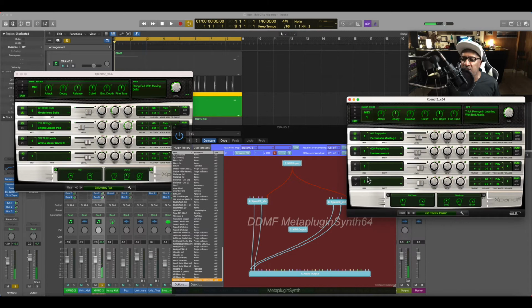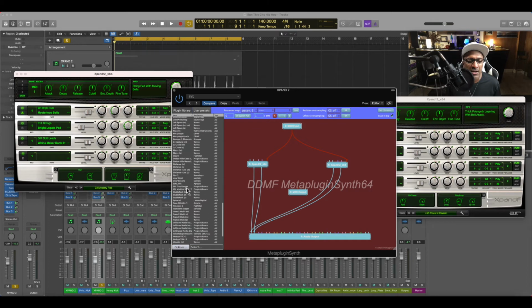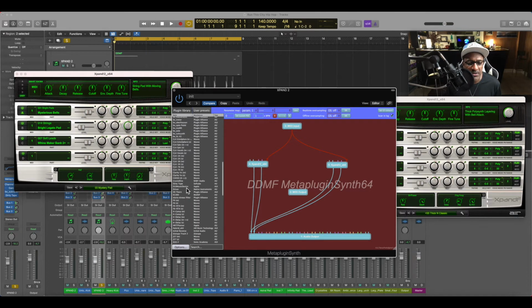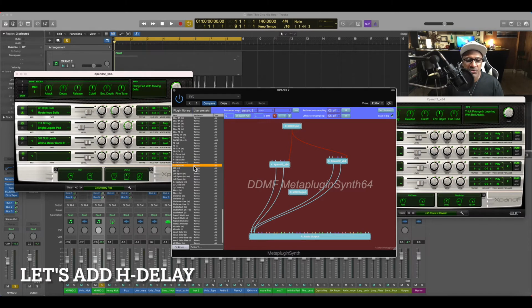Now, let's say you want to route reverb, so you can turn off the effects in XPAND. Let's turn them off, right? And let's just say you want to look for something else. Let's say you have in your arsenal, let's see what we can bring in here. Okay, so we're going to have your H Delay. Let's look for H Delay. So I can drag the H Delay in. So now let me